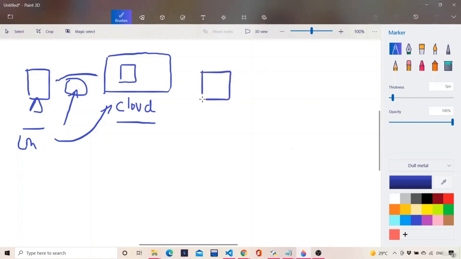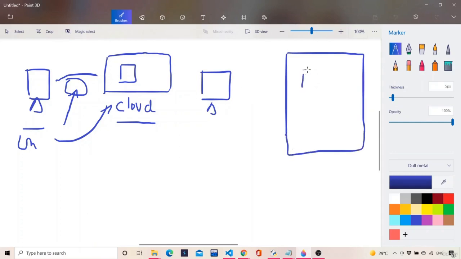So this is my local machine, and this is the cloud, for example. In a cloud there are many multiple machines which are waiting for my request. So basically, if I want my machine to communicate with any of these machines, I need some kind of authentication to be done, right? Now how the authentication will be done is basically in the form of a key value pair.